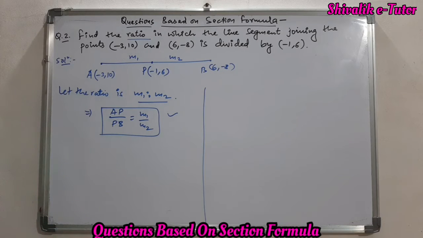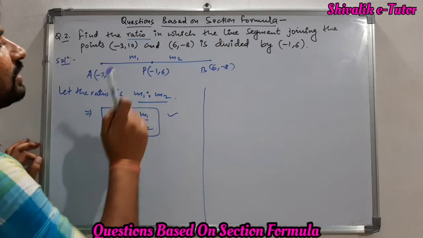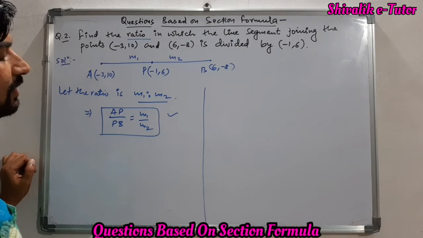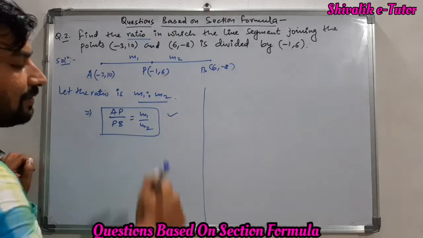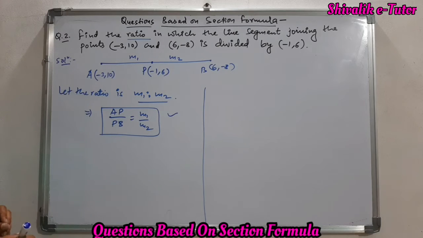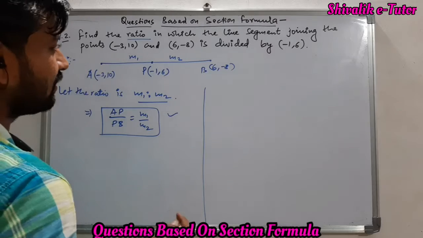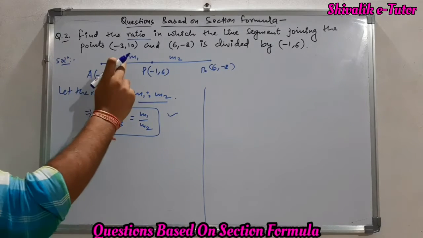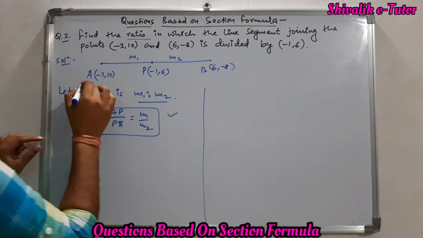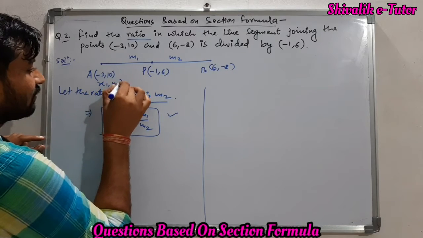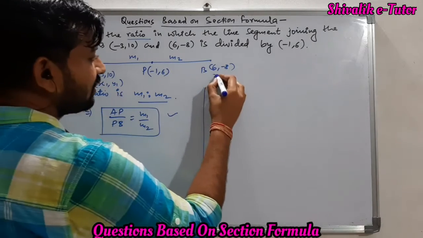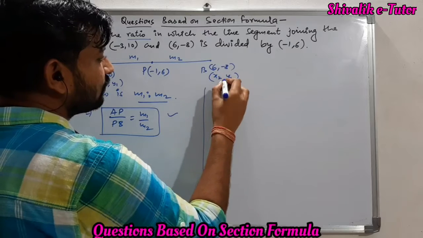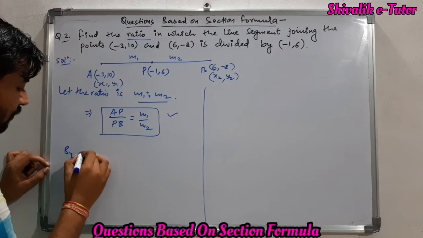Clearly it's a question of section formula. Now when we look at the situation, हमको P के दोनों कोऑर्डिनेट्स पता है और x की वैल्यू -1 है और y की वैल्यू 6 है. The x coordinate is -1 and the y coordinate is 6. So clearly we can say the point P in which the x coordinate is -1, it is the x coordinate which we can calculate by using section formula using ratio M1, M2 and AB. So let me call this point as x1, y1, as we know that the first point is taken as x1, y1 and the second point is taken as x2, y2. So by using section formula,